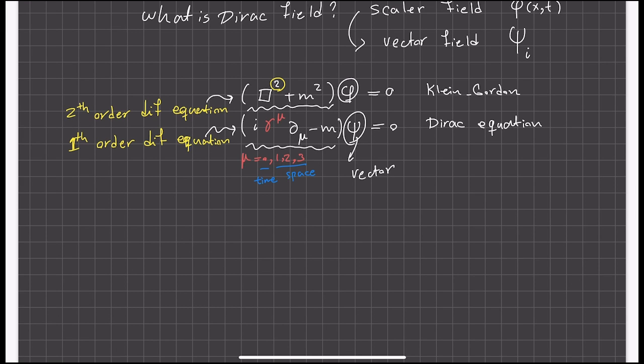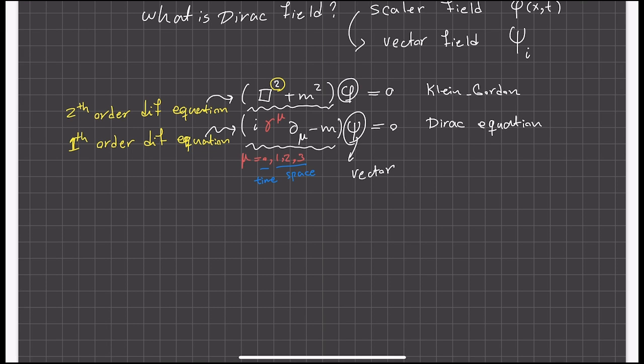So having the first order differential equation has something more to offer, and that's a fundamental difference. In particular, Dirac was searching for the first order differential equation to explain the behavior of the fermions. So that's a deep discussion. I probably will discuss it more, why Dirac equation has this first order